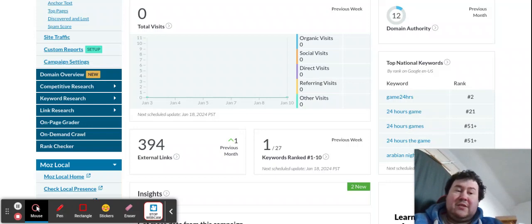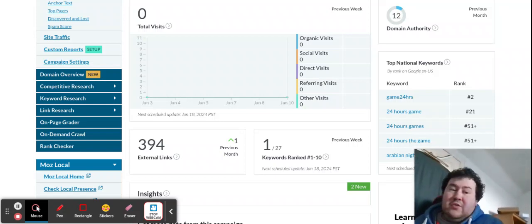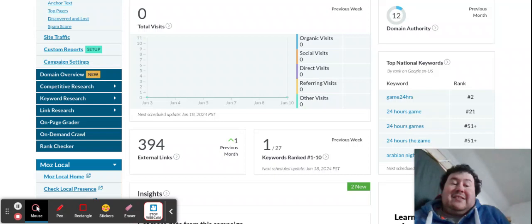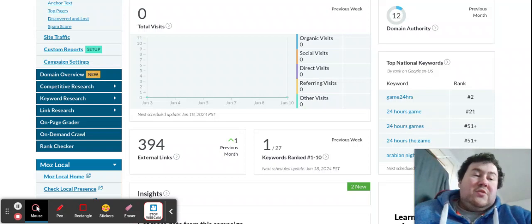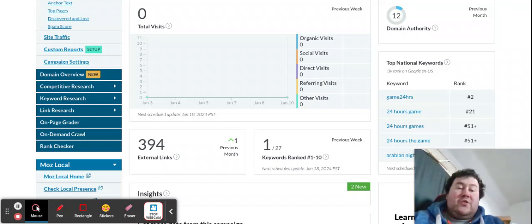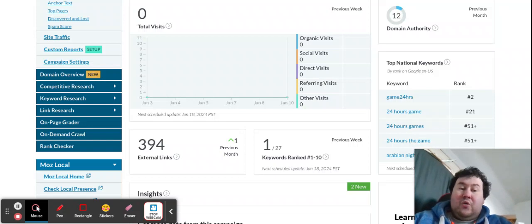So if we were going to try and do the same sort of thing, we'd do the same sort of thing again. We'd be looking at getting some profile links, some forum links, some citations, some links which are going to boost the domain authority in regards to how the search engines are ranking the sites. That's basically what you want to be doing in building an authority level for your site. In some cases you have to focus on branded or direct matches for your domain name, or the naked URL if you want to call it that as well.